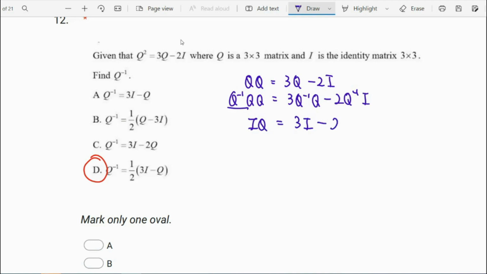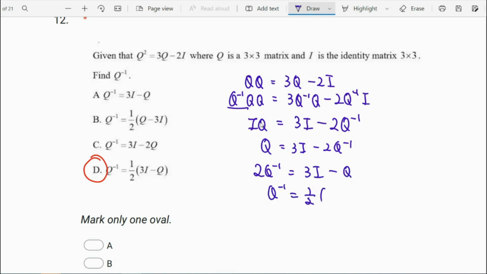Identity that multiply with any matrices, you get your matrices. So again, identity multiply with your matrices, you get that matrix. So simplify this. This is 2Q inverse equals to 3I minus Q. So Q inverse, move your value of 2. So here we get